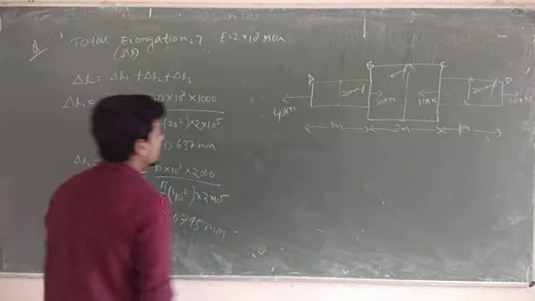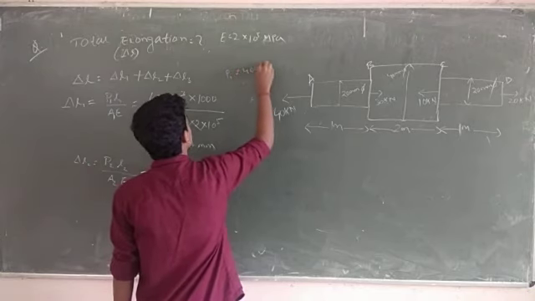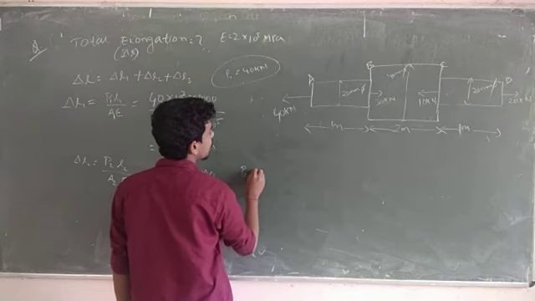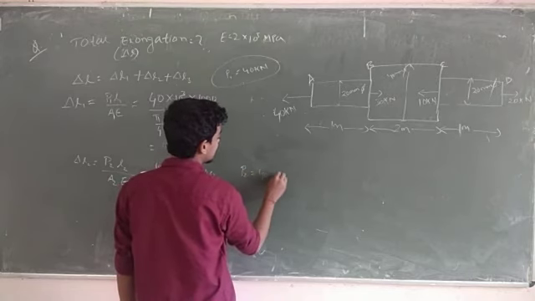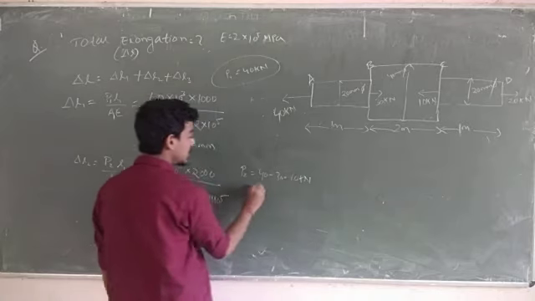Okay. Here I am waiting for understanding. Here P1 is 40 km. Here P2 is 40 minus 30, that is 10 km. Here I put,